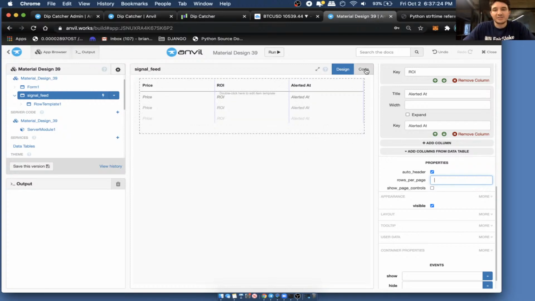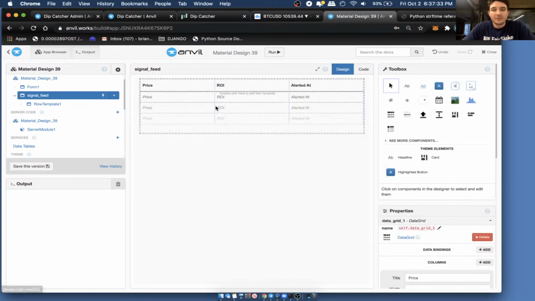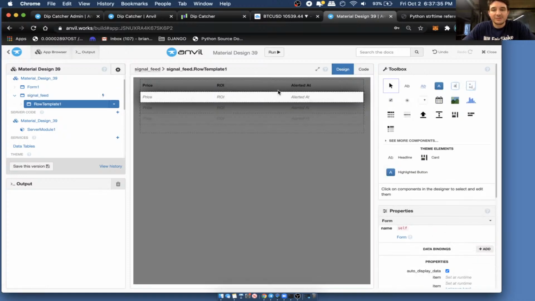And also, to make this easier to see, we're going to double click in here. And what we're going to look at is